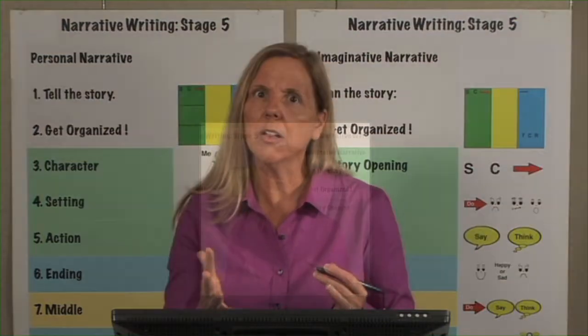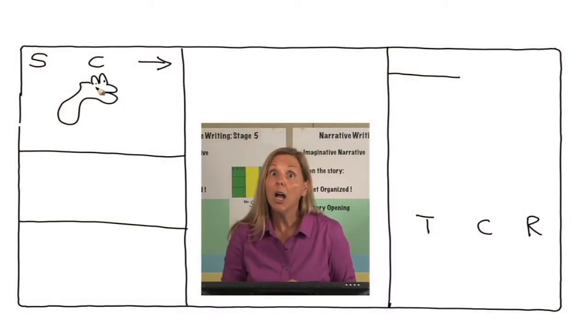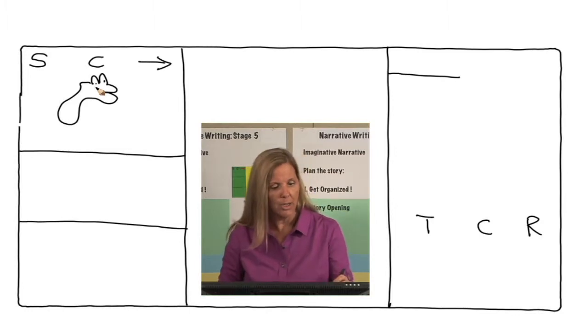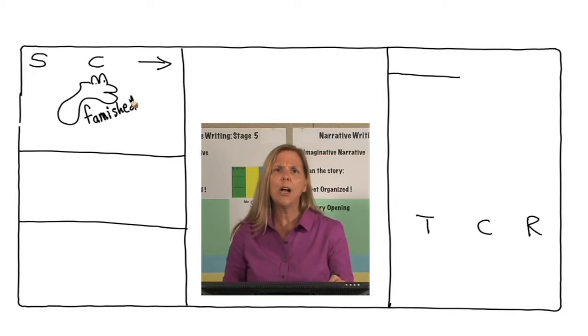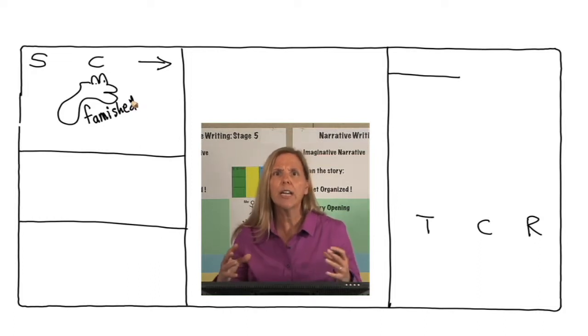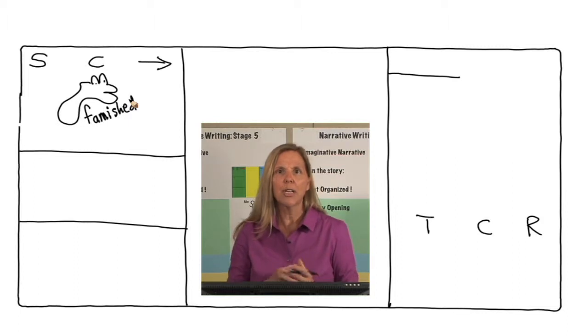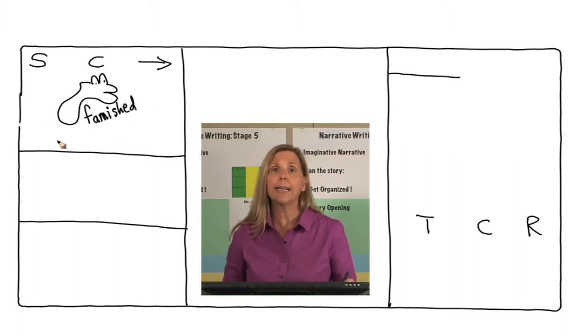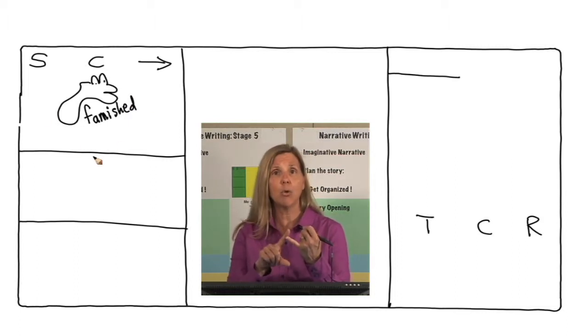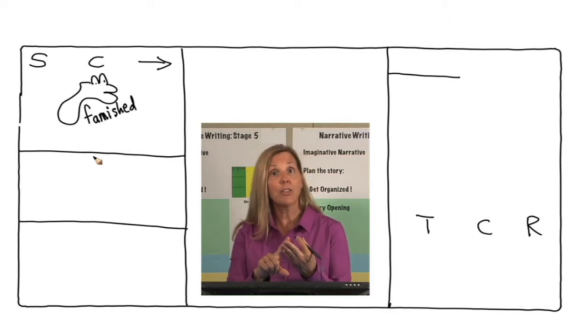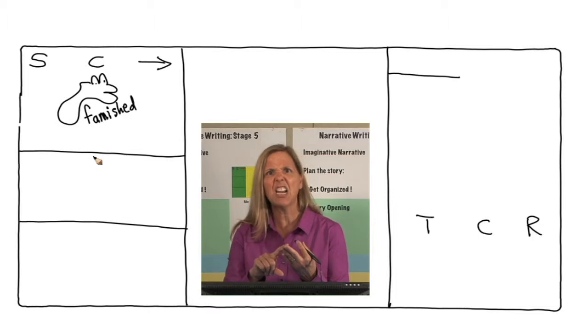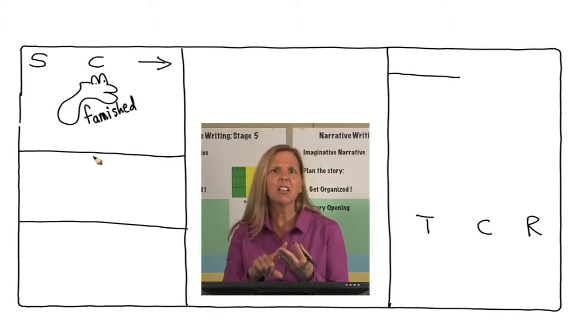Why don't we go to feel? Maybe the snake is really hungry, famished. So let's write famished. And I know that later we will go back and write describing words, but right now we're planning our character, and our character is hungry, famished. So once we plan what kind of character it is by describing their emotion, describing what they look like, or describing their personality, like greedy, silly, clever,